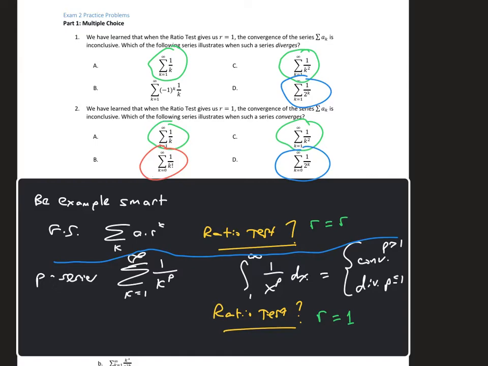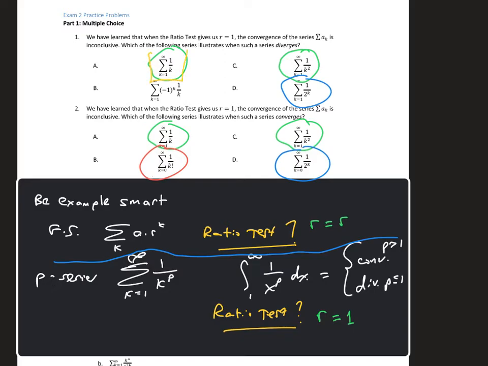But anyway, on our exam, you're not going to have to decide which test is appropriate. The way that I'm getting at that is with questions like this, where I'll take series that we may have only studied with the integral test, and then ask you a question about the ratio test, or vice versa. So this is my way of looking at it from a higher point of view to understand what families of examples are doing. I will say